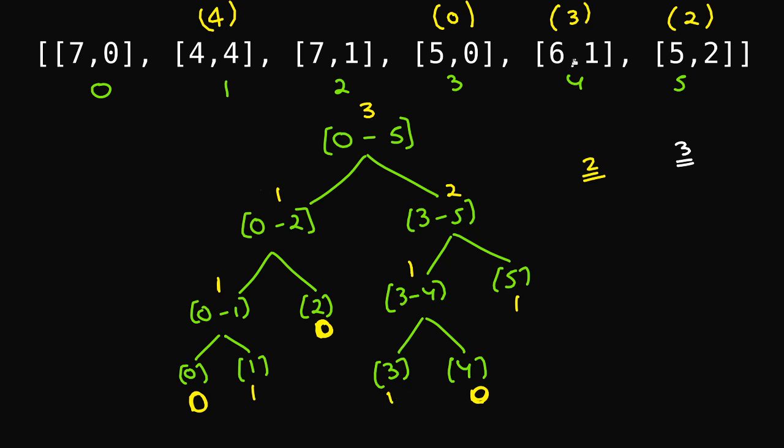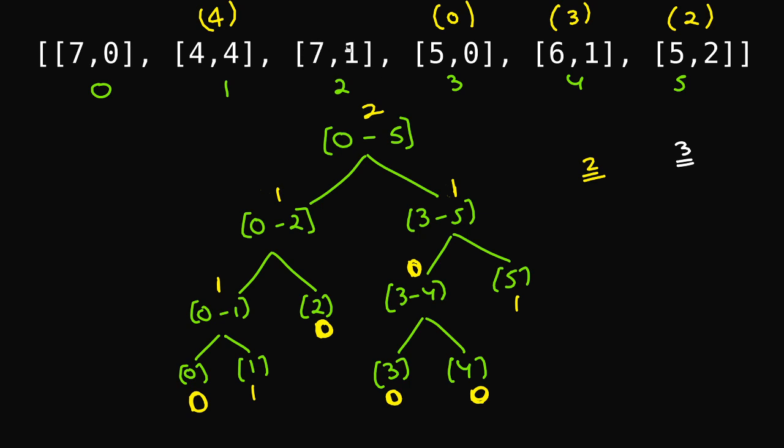And once I have placed this 6 comma 1 at index number 3, I need to make this thing a 0. This 0 plus 0 is a 0 here again. This 0 plus 1 is going to be 1, and this 1 plus 1 is going to be 2. Okay, after this I'll not process 7 comma 0 because I've already told you the reason why. I'll be processing 7 comma 1.